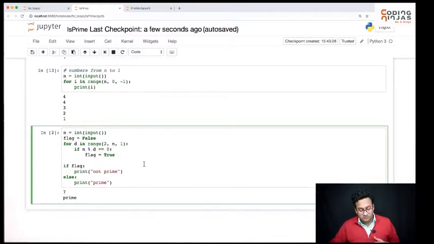So what have we done? We were taking n as input. We took a d which goes from 2 to n minus 1, and we see if d can divide n. In case d can divide n, we just put a flag that, hey, it got divided. And once we're done with all the numbers, we check, did we divide by anything or not? Were we able to divide n by something or not? If we were able to divide it, then we'll say it's not a prime, otherwise we'll say it is a prime.